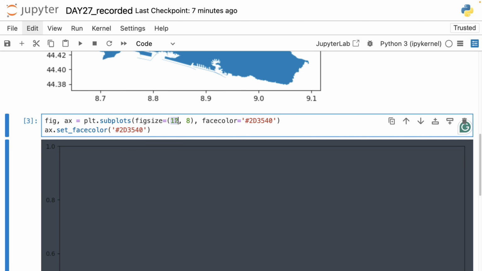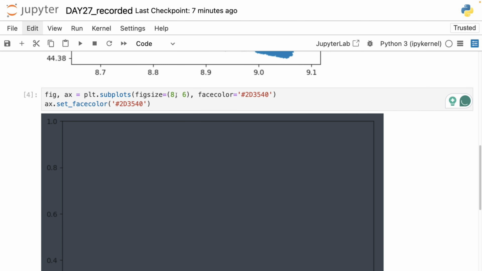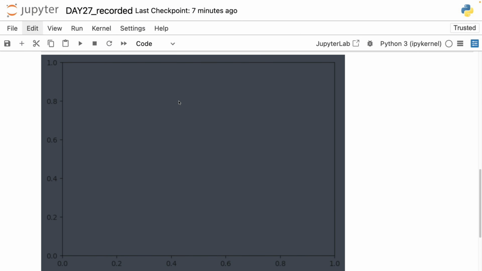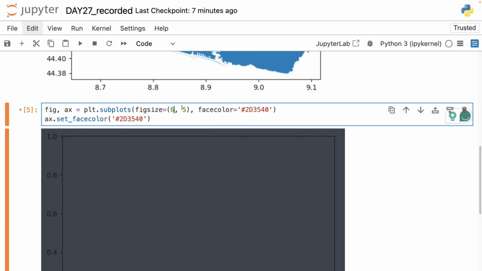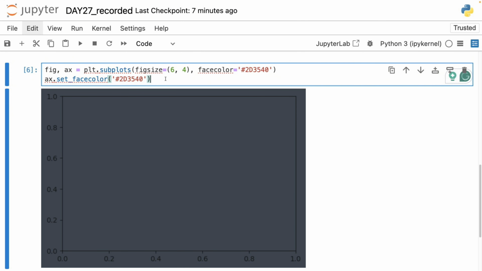Maybe slightly smaller to fit this screen. Maybe even smaller than that. 7 inches and 5 inches. Maybe even smaller than that. Yeah, that's it. Then first we will draw the admin boundaries